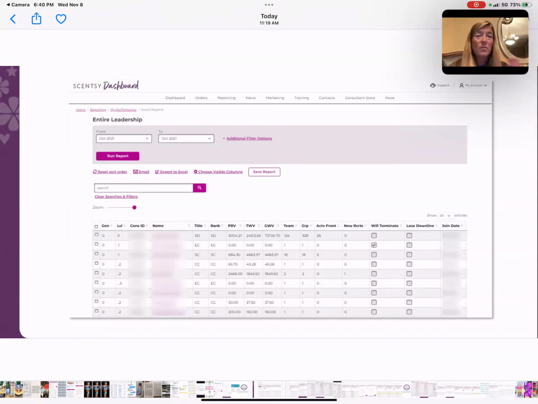Okay, so this first one here that we have, and you guys can mimic it, we are going to be looking at frontline consultants. And let's see here. Yep, this is leadership. You can see under the months, it's got months from October to October. So if you want to follow along, go up into where it says from and to, and match that. Switch it back to October, not 2021. I mean, just October to October so that you can do that there. Okay. I want you to do that. And then we're going to go ahead and hit run report.